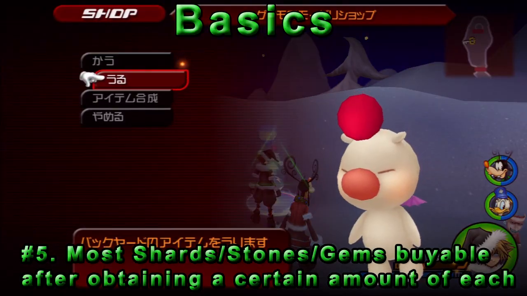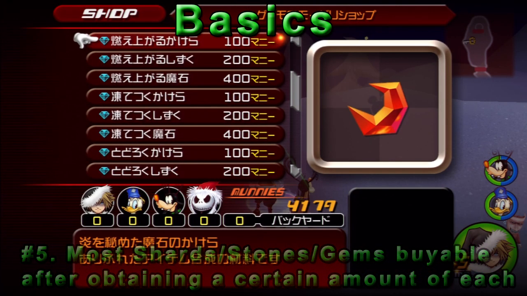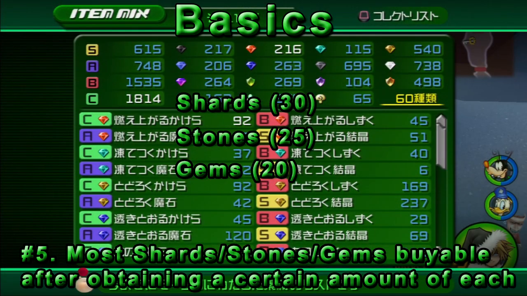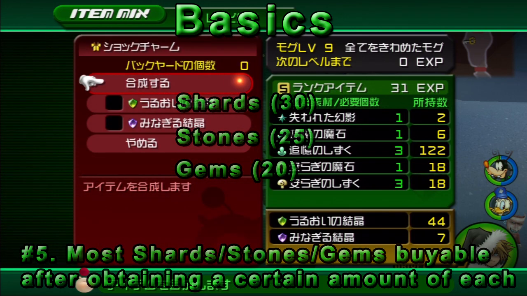In KH2, you actually get to buy most synth items once you obtain enough of them. This is extremely useful if you have money to spare to get some annoying synth items faster. The following is the required amount to make a synth item buyable: 30 for shards, 25 for stones, and 20 for gems. No crystals are buyable. Other synth items not buyable include Remembrance, Tranquil, Mithril, Energy, Bright, Serenity, and the 2 illusion items, and of course,